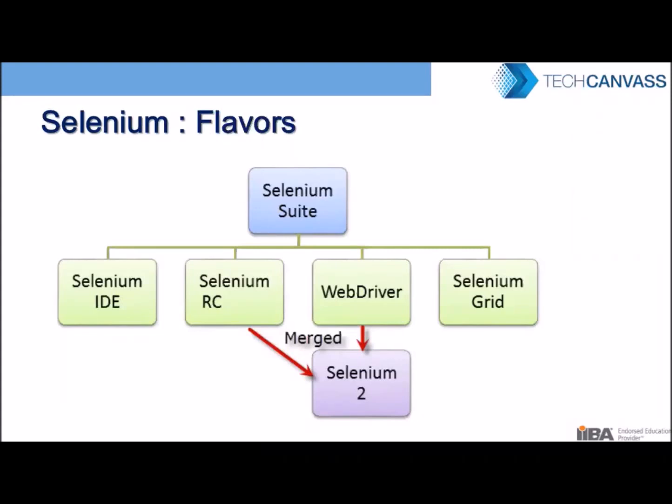Now there are multiple flavors of Selenium. First is Selenium IDE, which we will see exactly what it is. Then earlier there was a version, Selenium 1, which is also called Selenium RC. This is now deprecated. The full form of Selenium RC is Selenium Remote Control. What used to happen is we had to configure one server for running our test cases. So now that is deprecated. The current Selenium version is Selenium 2.0, called WebDriver, which is the core of Selenium, and we will be using WebDriver for writing our test scripts.